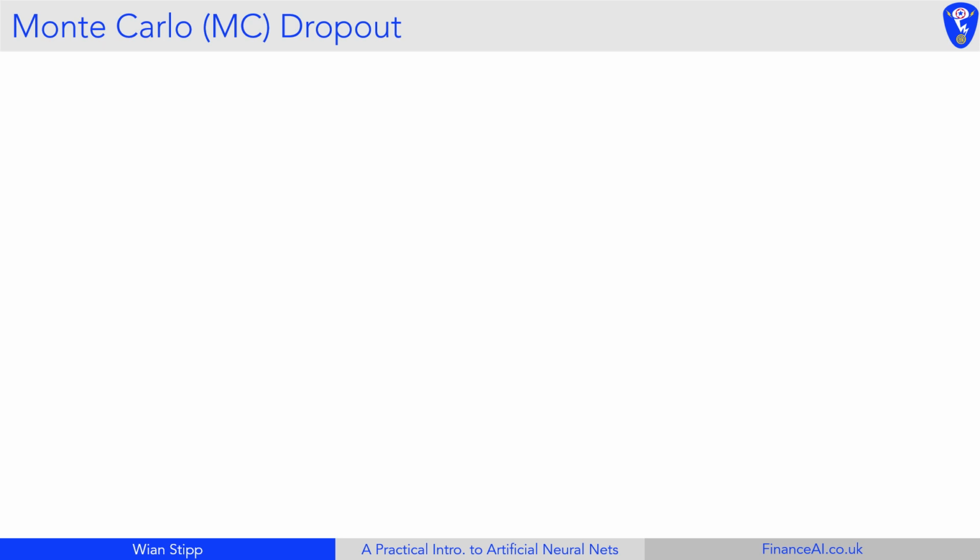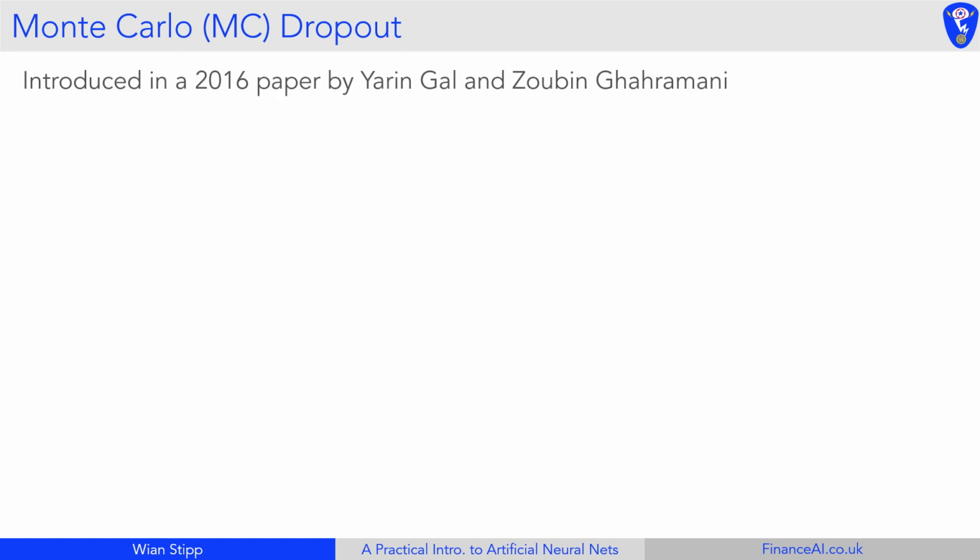Okay, let's talk about Monte Carlo Dropout. This is one of the most exciting parts of the course, as we're going to be using it directly in the next programming assignment, which is the final course project. So it was introduced in a 2016 paper,